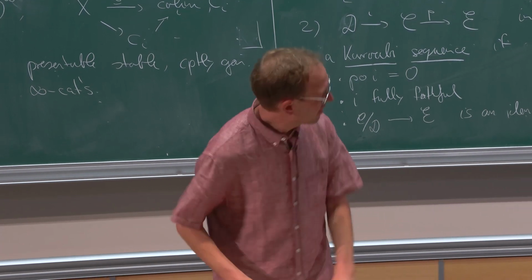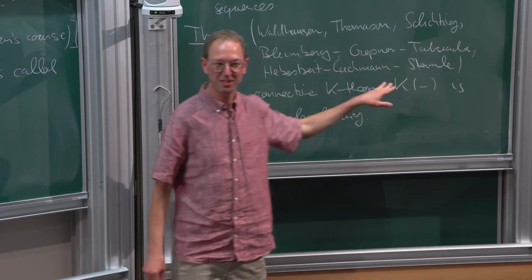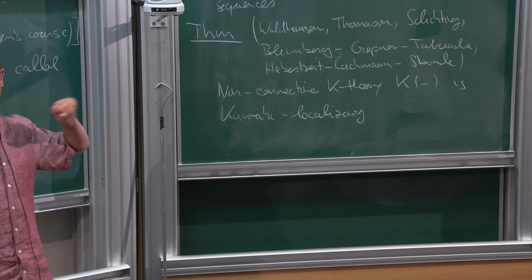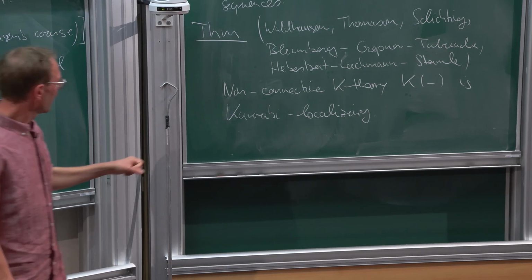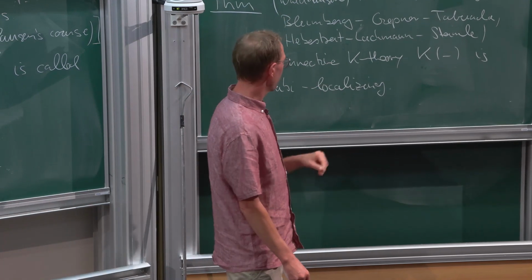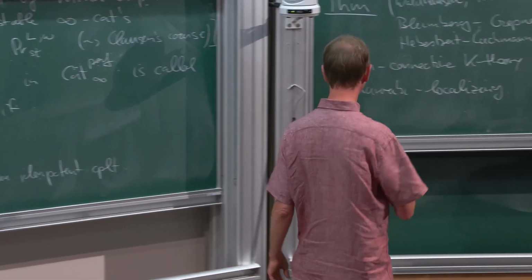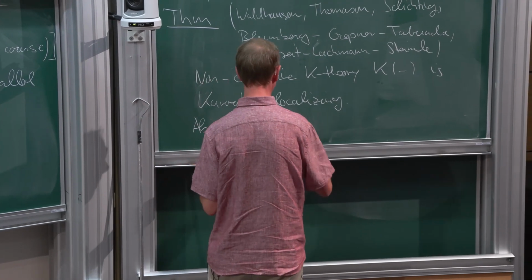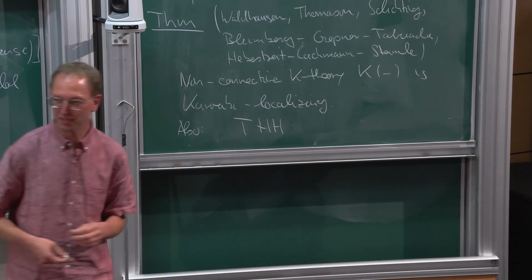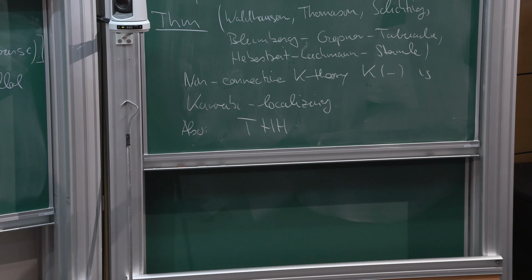But I just want to take this as a black box. There's some invariant called K-theory, which is Karoubi localizing, and then I want to explain how you use this to actually prove something about the K-theory of schemes. Another comment is there are some more localizing invariants, but not so many, I think. Basically, I only know one, which is THH. K-theory and THH are some of the basic localizing invariants that we know, and then of course everything you can build out of these is also localizing, like TC and TP and whatever.